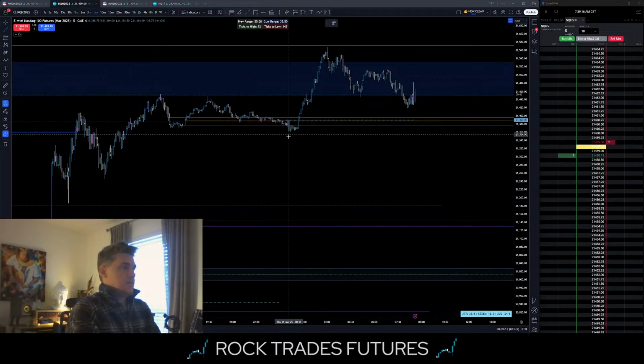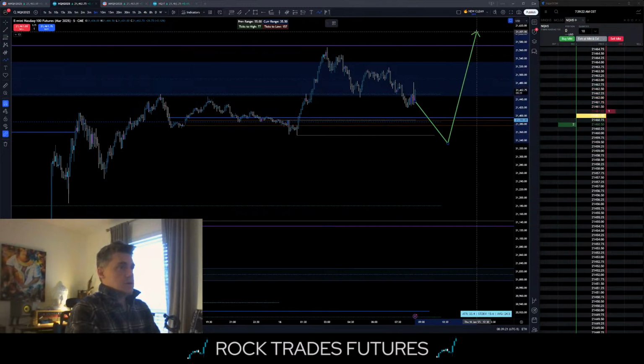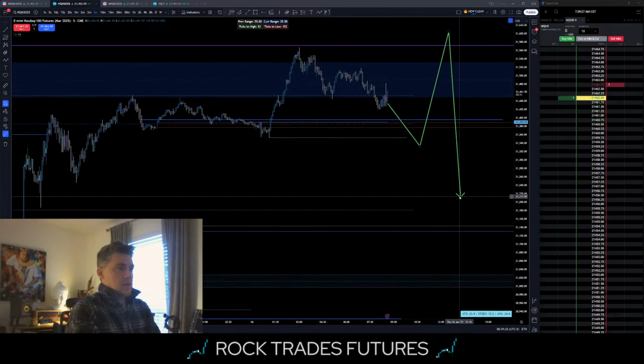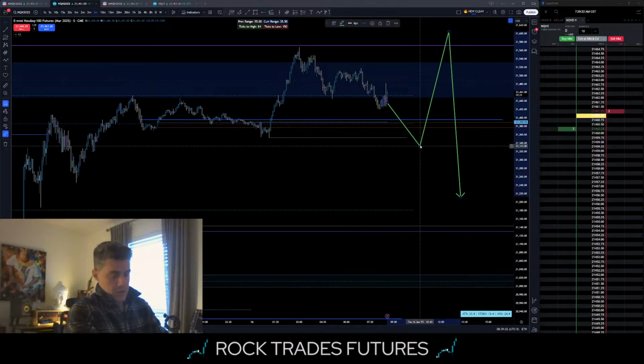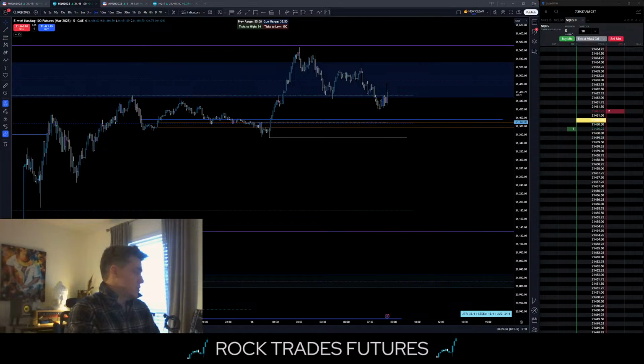back down below London's lows, give us the expansion model, low takes high, and then come back down. This down move isn't guaranteed by any stretch. None of this is guaranteed, but you're just trying to pick the likelihood of what's going on. So based off of my data on Thursdays,